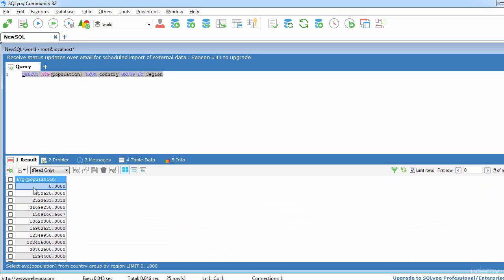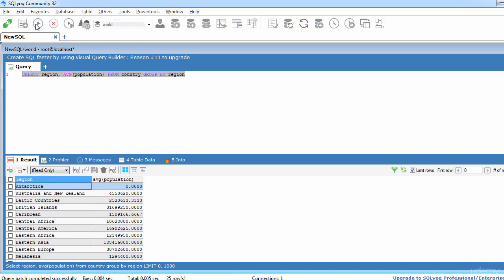So here we can see that some sort of average values are being reflected in the console. Now let's make it more readable. So here I'm just going to write region comma avg, and inside this population from country, group by region column. So here grouping is done on the region column. So let's execute this. So it will represent the name of the region and the average population for that specific region. So execute it, and here we can see that the average population for each of the regions is being reflected